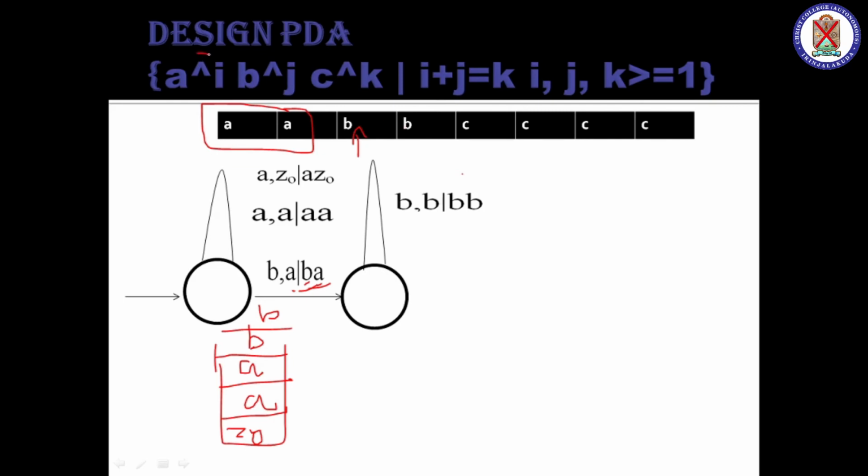So first the whole A pattern must be repeated, whatever A's we have, then B must come. Mixing up is not allowed, first A's, then B's. So we are going with the two transitions. Next symbol, when C occurs and the stack top is B, we must mark it as null, so it will be eliminated, popped from the stack.